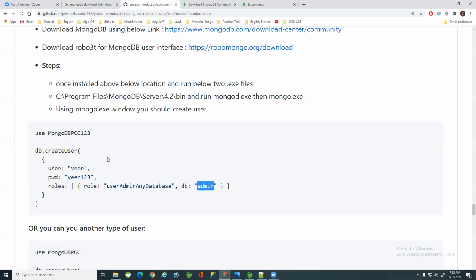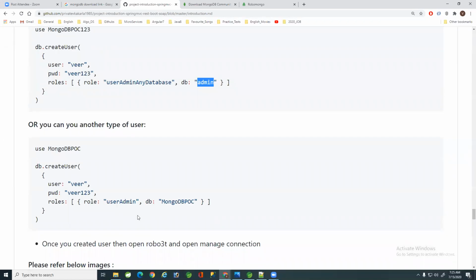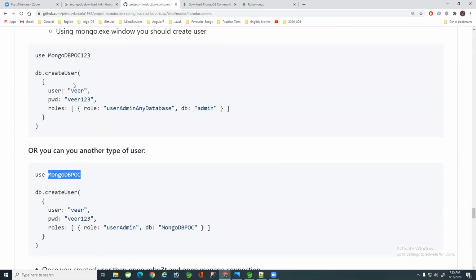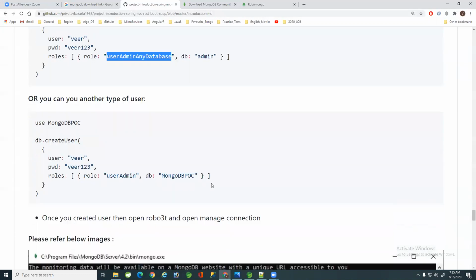So we can create a user at two levels. One is userAdminAnyDatabase, and the other is userAdmin only with respect to a particular database. If you want to create a user for this particular database, you need to give the database name here. If you want to create a user for any database, you can give the role like this. So I created a schema like this, and I created vir123 with userAdmin